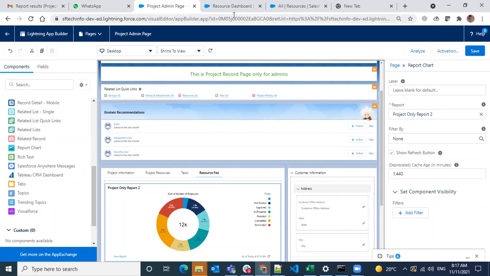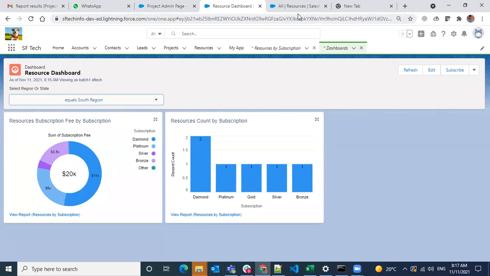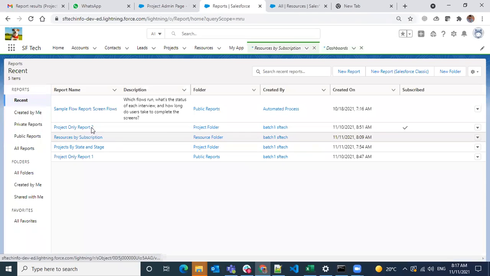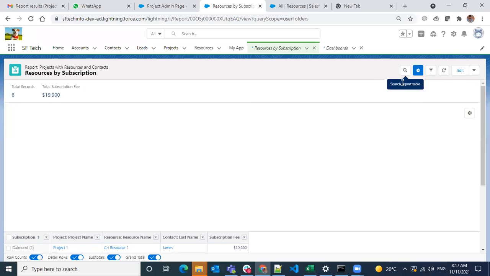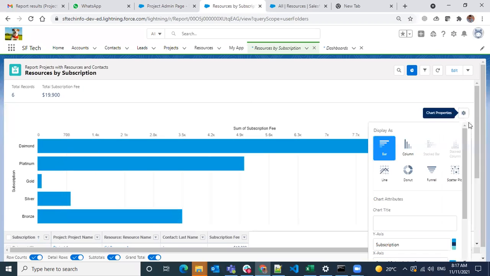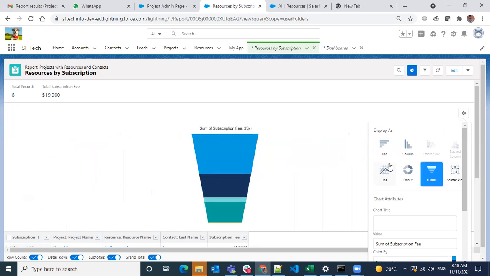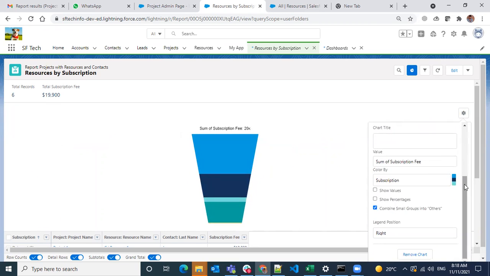Okay, I have to enable charts on that one, so then only it will display here. So they are the resources by subscription. I want to add a chart here, and use some funnel.